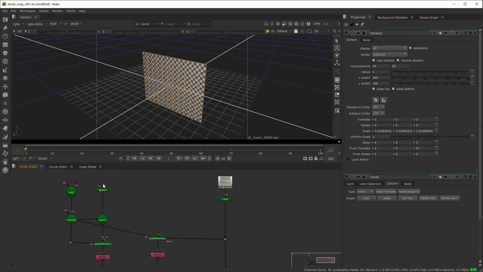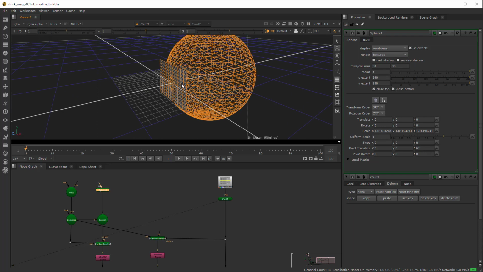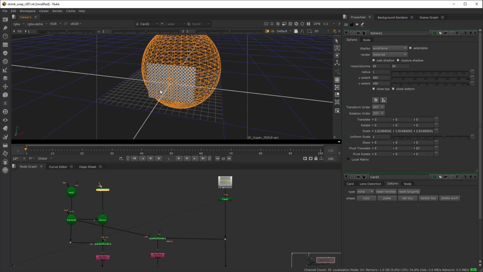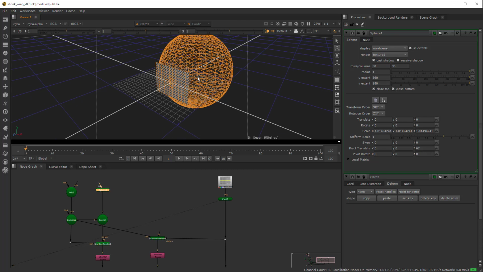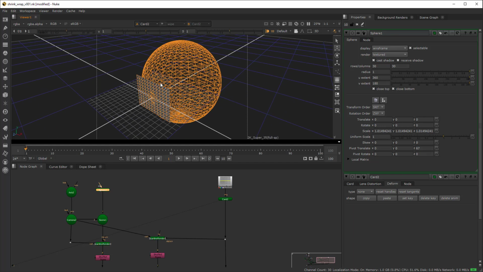Like in this case, I have this sphere that I'm selecting, and we don't see it in the viewer because it's turned off. If I want to shrink wrap my card onto the sphere, what is going to happen is that my card is going to deform in order to match the topology of the geometry itself. So it's going to pretty much bend around the sphere, or in this case it's a sphere, but it could be